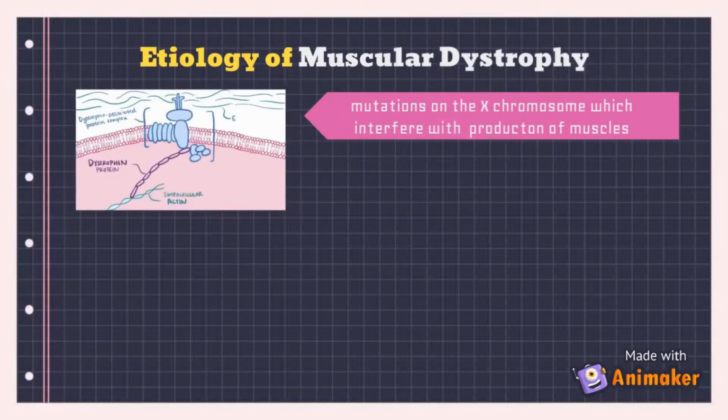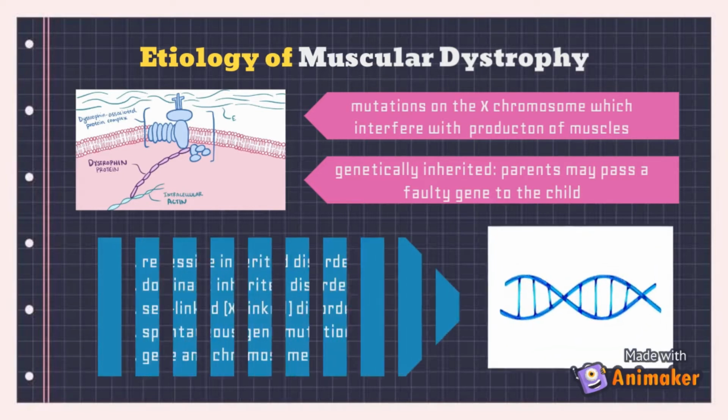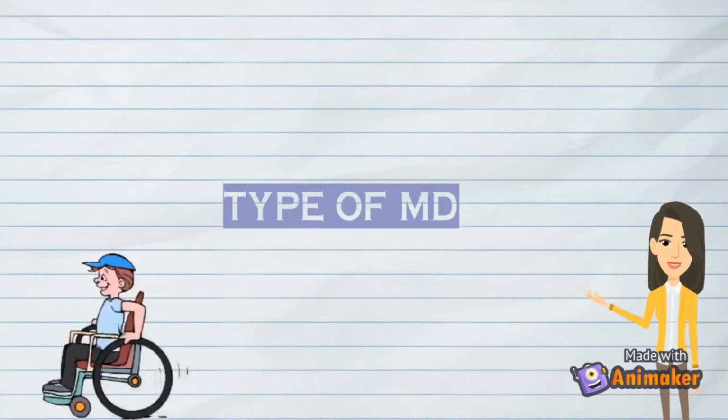Muscular dystrophy is due to mutation on the X chromosome which interferes with the production of muscles. It is genetically inherited, which means one or both parents may pass a faulty gene to their child, even if the parent doesn't have the condition. Muscular dystrophy causes include: there are 9 types of muscular dystrophy, which are